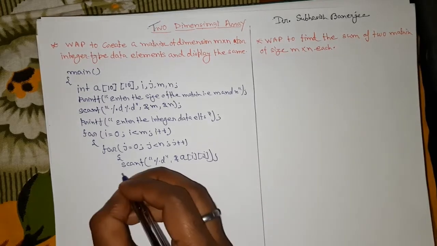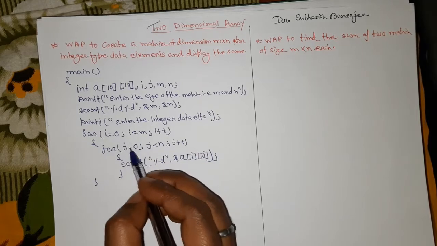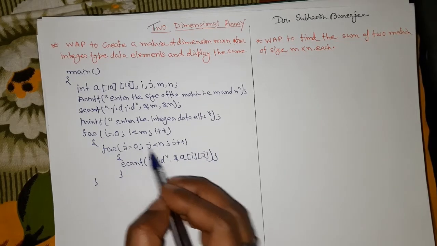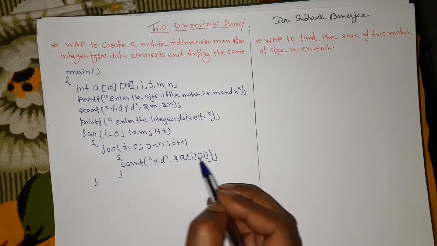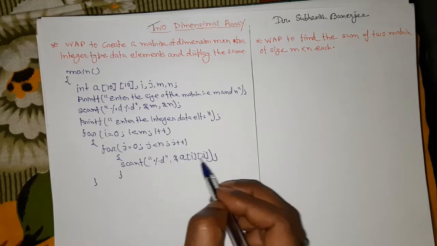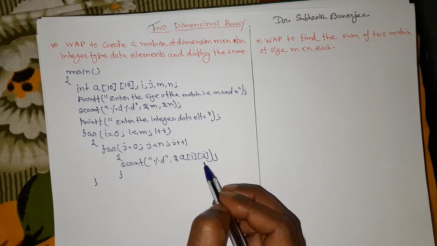So as a result, when i becomes 0, these iterations will take the value as initialized as 0. So the first element will be i0, 0, j will be incremented by 1. It will check 1 is less than n. If it is, then the next element for the 0th row and 1st column, similarly 0th row second column, 0th